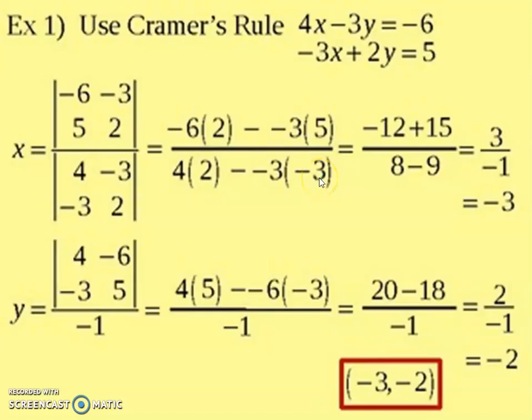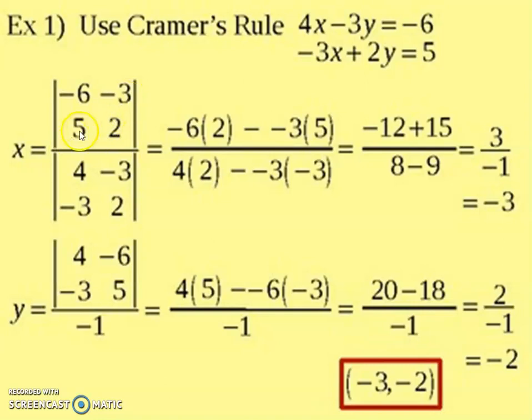Let us take an example based on such a system. Using Cramer's rule, solve 4x minus 3y is equal to minus 6, minus 3x plus 2y is equal to 5. So, what is our d? 4 minus 3 minus 3 plus 2, which we write in the denominator, because x is equal to dx upon d. And dx is defined: instead of 4 and minus 3, we put minus 6 and 5, and minus 3 and 2 remain the same.